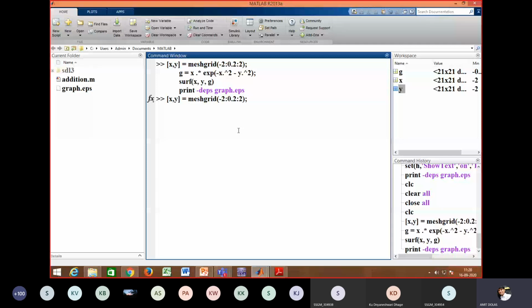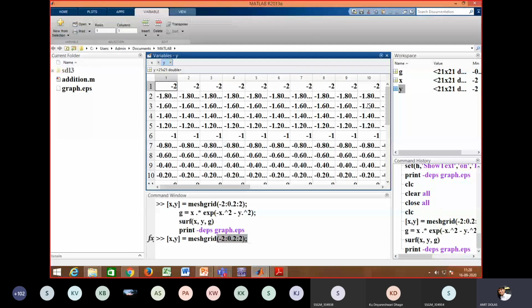Here only one is given, and it is applicable for both x and y, because you can see here, even though we have not used separate data for x and y, still x is generated in the workspace with an increment of 0.2. Y is also generated in the workspace with the increment of 0.2 from minus 2 to 2. That's why initially I cleared the previous workspace and data, so that it is clear the data is newly generated, not the previous data.